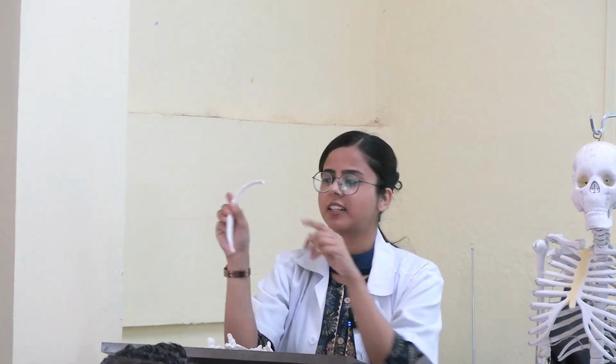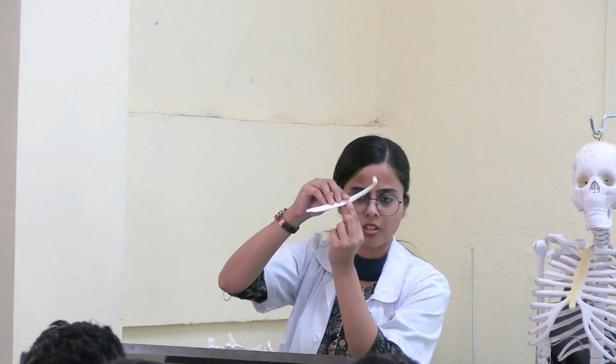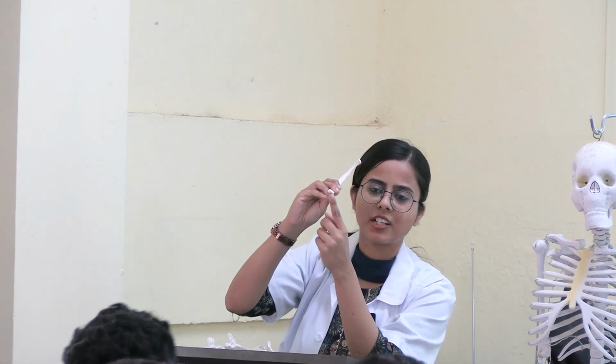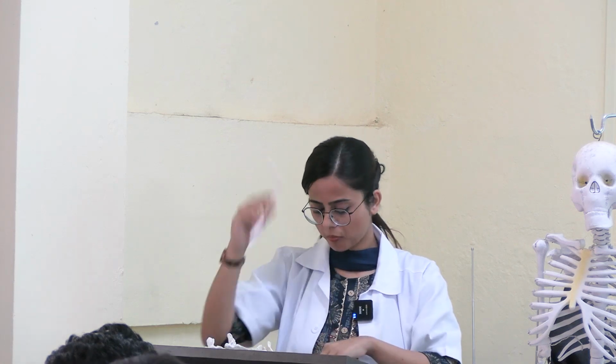So what are the differences? First, it is shorter as compared to that of a typical rib. Second, it has 1 articular facet. Third, it has no neck, no tubercle, okay? And faint costal groove, and the anterior end is pointed, okay? So 10th rib, only 2 differences. First is short, second is 1 articular facet, okay? 11th, short, 1 articular facet, no neck, no tubercle, costal groove is faint and anterior end is pointed, okay?